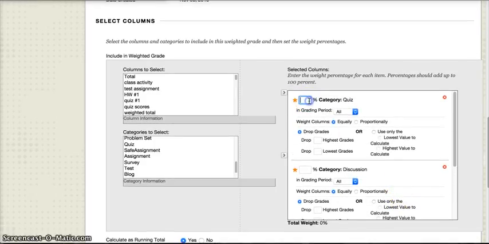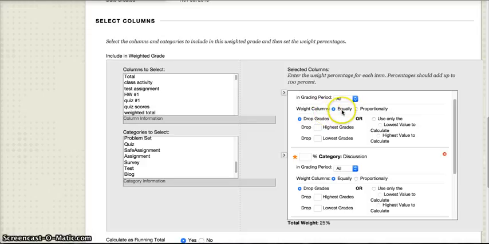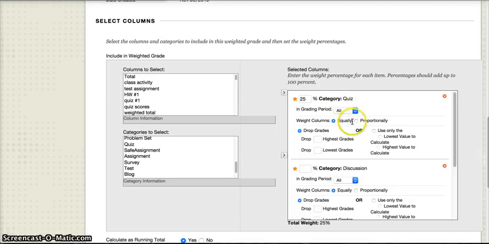So first, in our category of quizzes, we want to give this 25% of our overall grade. So no matter how many columns or points we had of quizzes, it's going to assign that to be 25% of the overall grade. So you can choose to have this weighted equally or proportionally, which means each one of your columns, if it were equally, each column would be given the same amount of points towards the final percentage. If it was proportionally, if you had some quizzes that were worth more than others, that those percentages would be